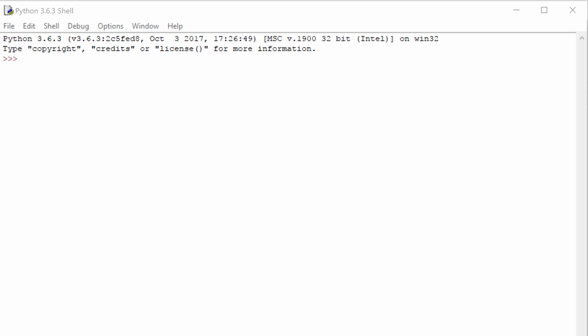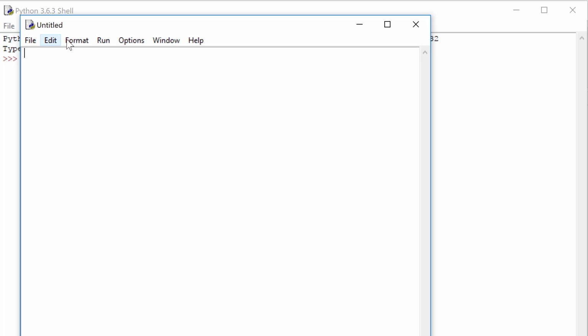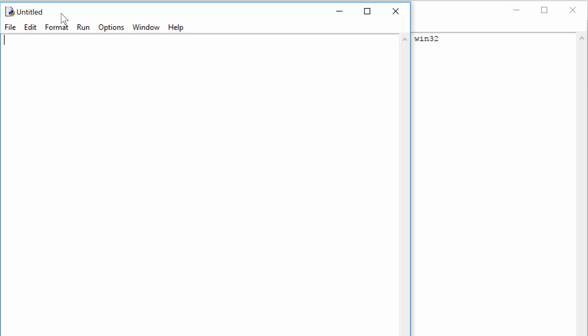Today we want to create a project file, so we are going to use the text editor. Select File, New File, and as you can see, the file opens with the name Untitled. It's always good practice to give all your file names a meaningful name. So let's save it. File,